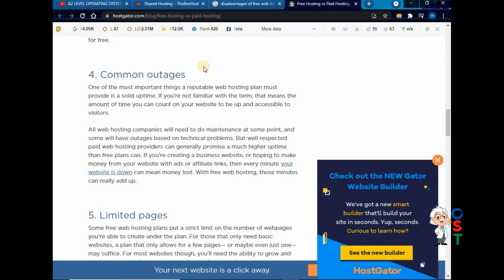If your website is down, then this is not good for your website and for the viewers of your website. And this is also one of the biggest disadvantages of free web hosting, that anytime your website can go down.